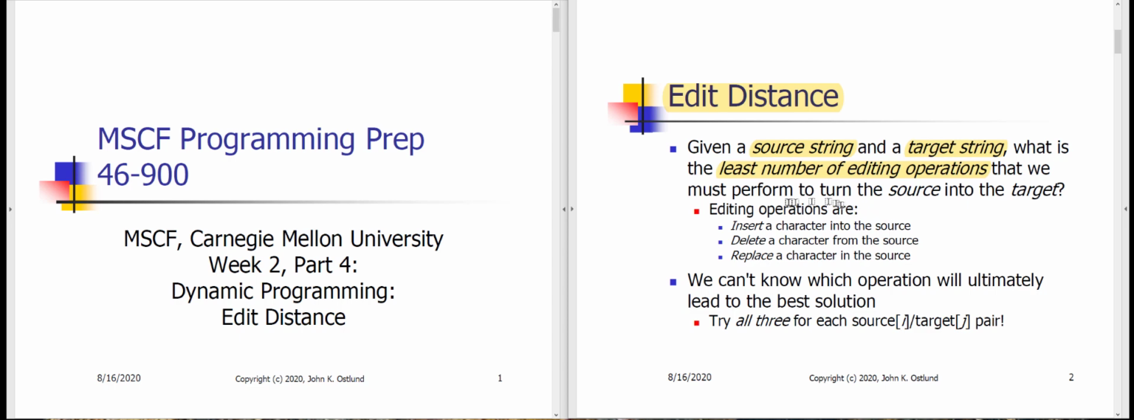Three editing operations are permitted. We can either insert a character into the source string at the current location, or we can delete a character from the source string at the current location, or we can replace one character in the source string with some other character. Generally, we're going to choose the character from the corresponding position in the target. All right? Now,